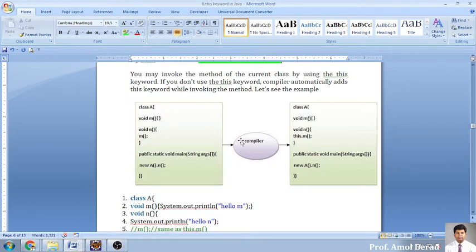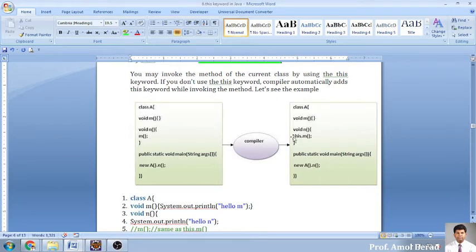So when you go for compiling this program, what will happen is that for class a, the main function, n, and m, the compiler will automatically be adding this dot m. So this duty is done by the compiler. You don't have to think about how it has been done. Okay, so implicitly you are calling the class function. If I am calling the n function from here and n is calling m, the object reference is required, and this object reference is implicitly given by the compiler. So internally the compiler will be converting this code into this one.